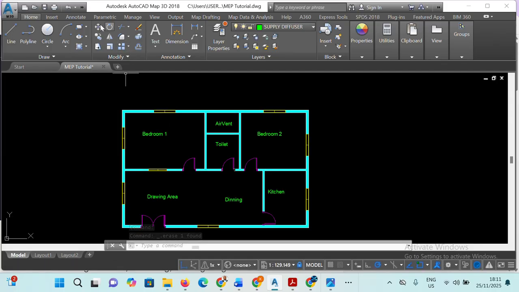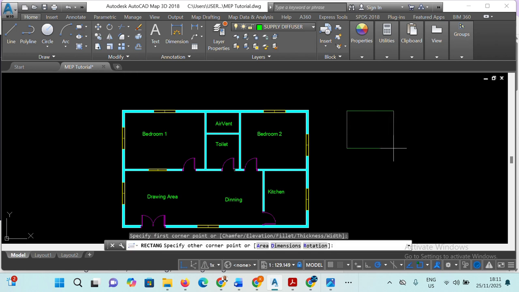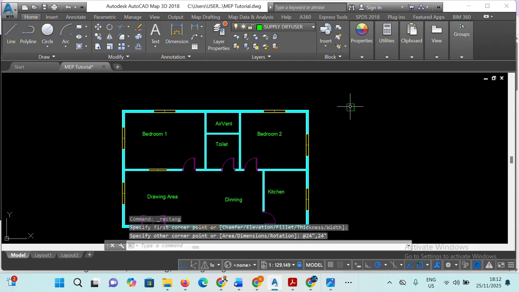So to do that, we go to the rectangular icon. Now we are going to draw 24 inches, comma, by 24 inches diffuser. As you can see, we have